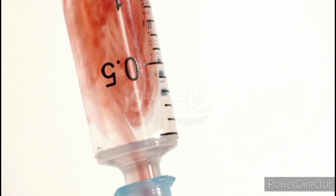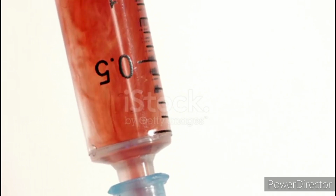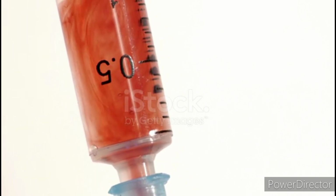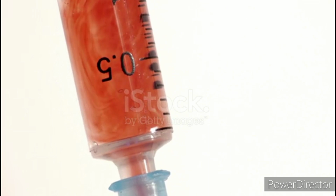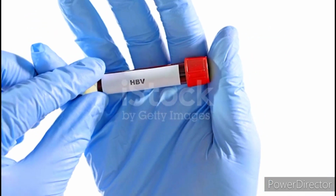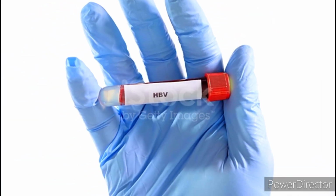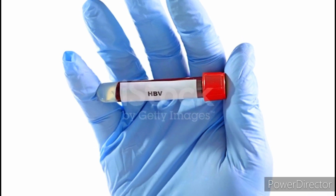Symptoms of hepatitis B. Symptoms of hepatitis B can vary from person to person, and some people with the virus may not experience any symptoms at all. However, here are some common symptoms that can occur. Number one, fatigue and weakness. Number two, abdominal pain or discomfort. Number three,